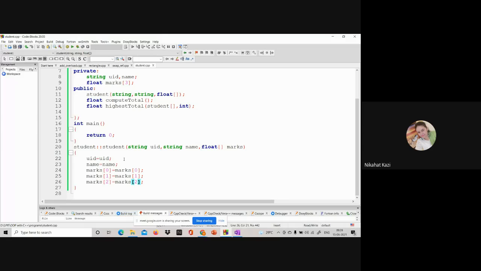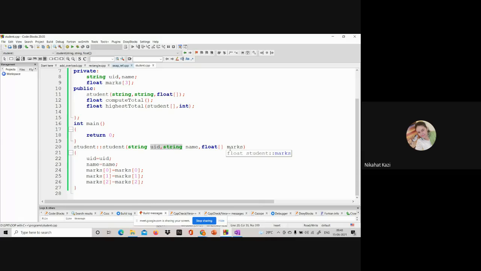You can access them inside because this is a function of the class. They are private, but you can access them. But since the name you have specified is the same, whatever is local will get preference. So in effect you are assigning UID to itself, name to itself, and the local marks of 0 to itself.